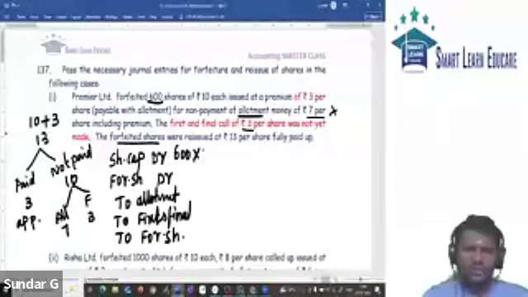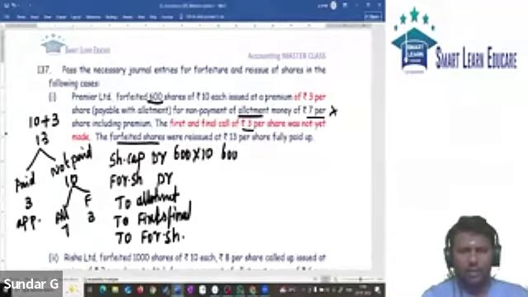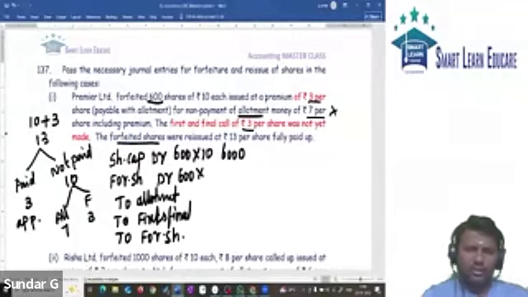Till final call it is made 10 rupees. What is the share capital? Share capital should be debited with called up value 6000. Forfeited share should be debited with 600 into what is the price of the share? It is 3. Securities premium is